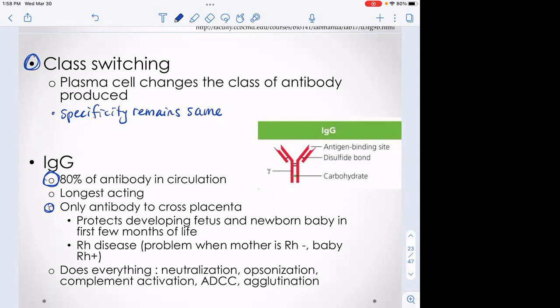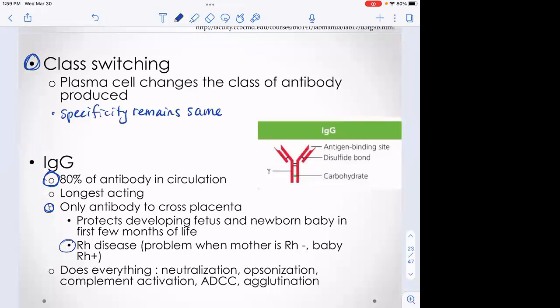The one drawback to that is in the case of Rh disease. We could talk about this a long time because it's kind of interesting, but of course, some of us have that rhesus antigen and some of us don't, right? If you have A positive blood, then positive means you have the rhesus antigen. If you have A negative blood, then you're negative for the rhesus antigen. So the baby does not necessarily have that same plus or minus as the mother, right? It might have what the father has. So Rh disease can develop if the mother does not have that antigen, and